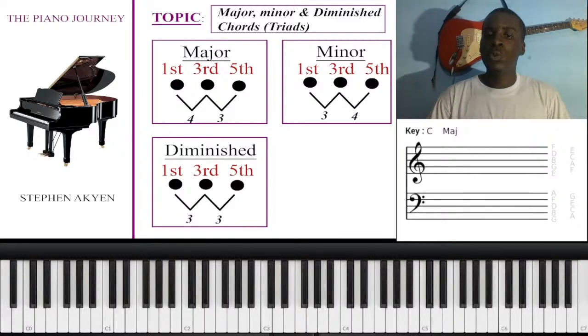Now, how do we use this? In every scale,